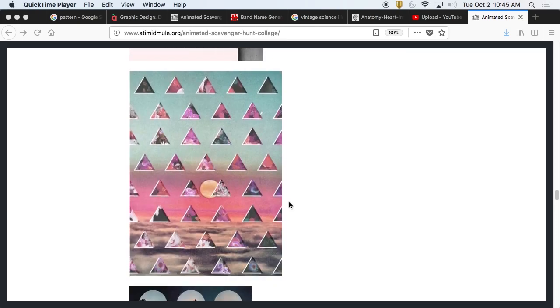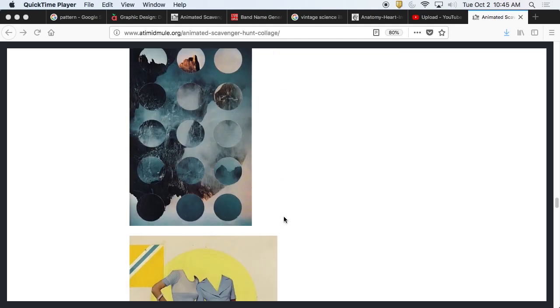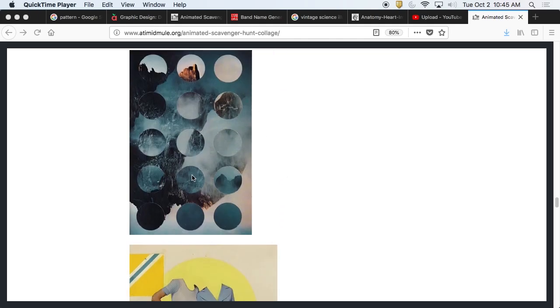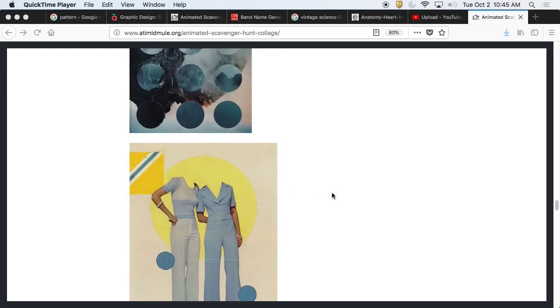So I like ones with pattern, where the pattern reveals something else in it. Remember I said an image can be a mask, so you can use a pattern as a mask, okay, and apply those things together. I'll show you an example of that. See how this reveals a different image inside the pattern of the circles? It's a very interesting technique.